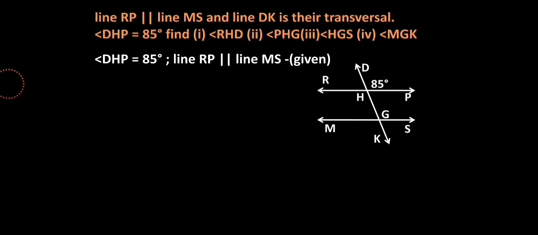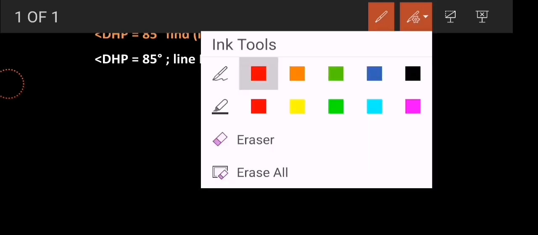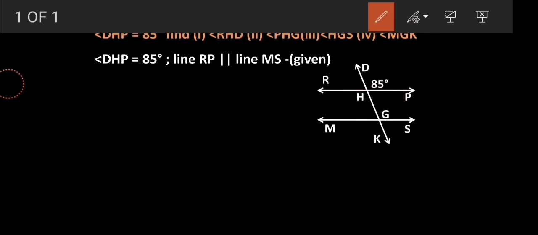As per the details of the question given, the very first angle that we need to find is RHD. Can you locate RHD in the diagram, boys and girls? Of course, RHD is over here, right? Now this RHD and the given angle DHP, is there any relation you can form? Yes, if you observe, they are next to each other, and whenever they are next to each other, we can say they are a linear pair, if you remember my last video. We can form a somewhat semicircle, correct? This is the technique to identify a linear pair.